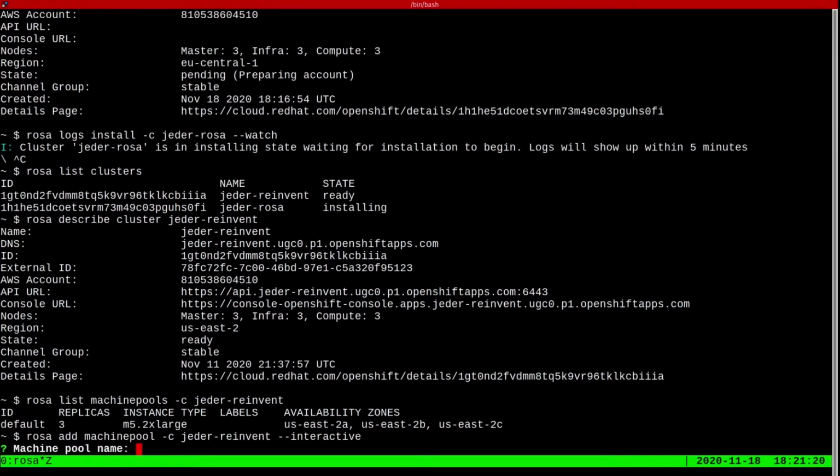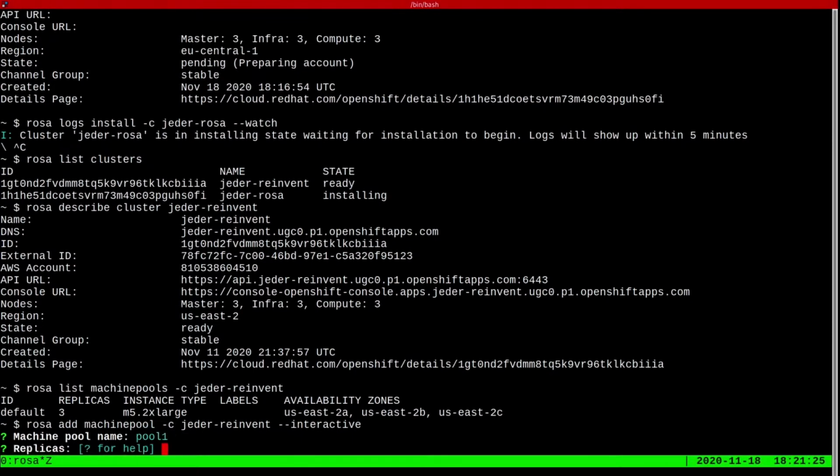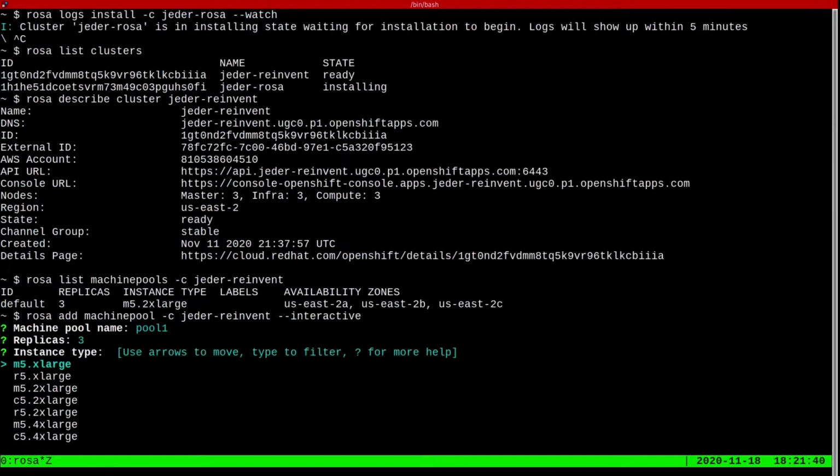We'll give it a name, and let me call it pool 1. Number of replicas. This is the number of nodes that are part of this machine pool. Since I've got a multi-AZ cluster, I'll need to choose 3 for 3 AZs. And then I can choose the instance type.